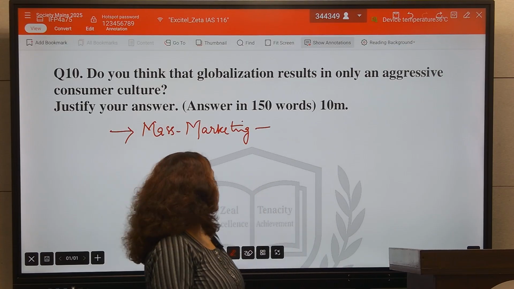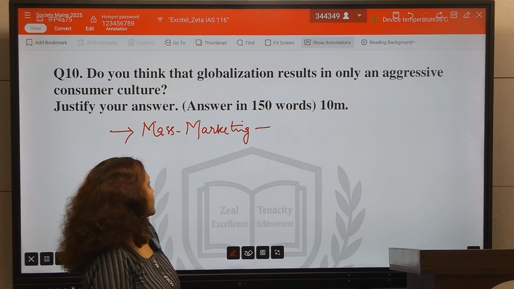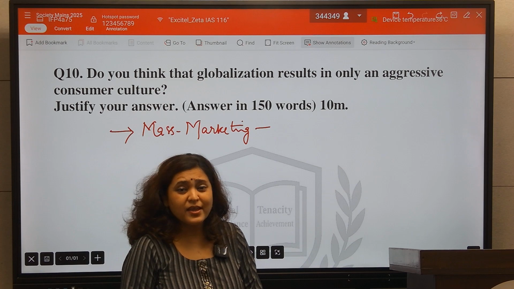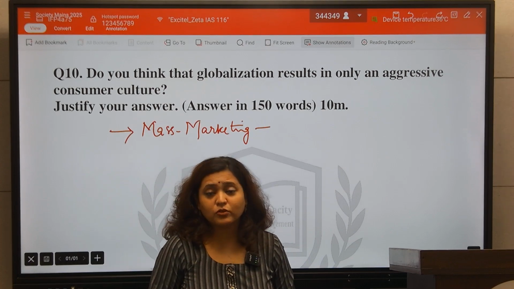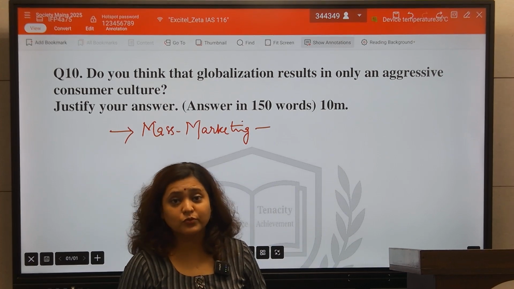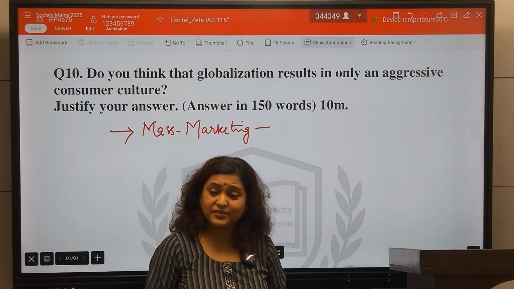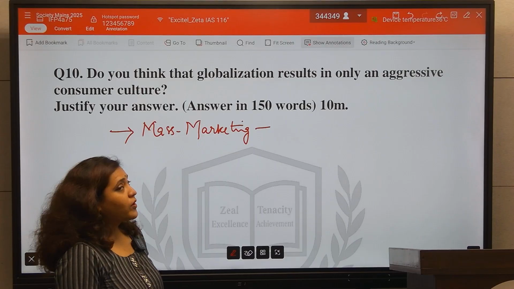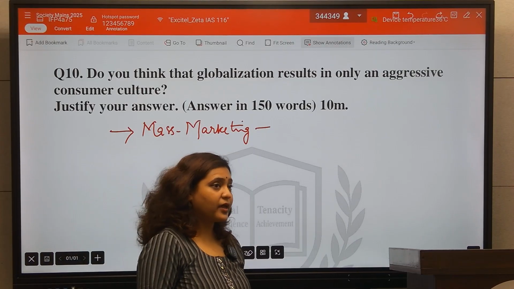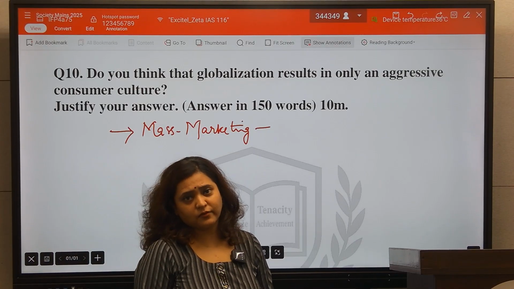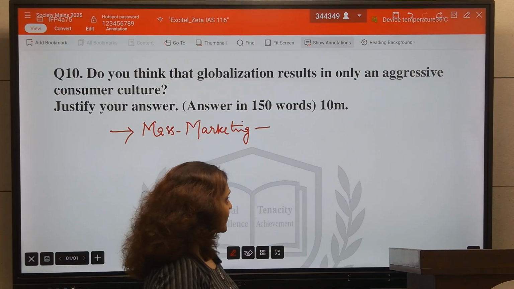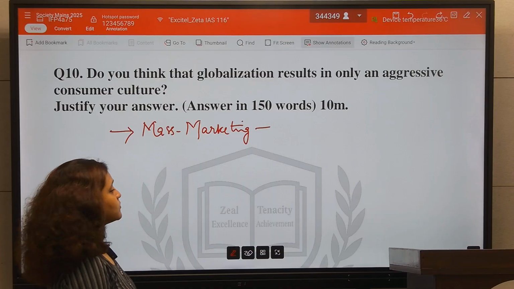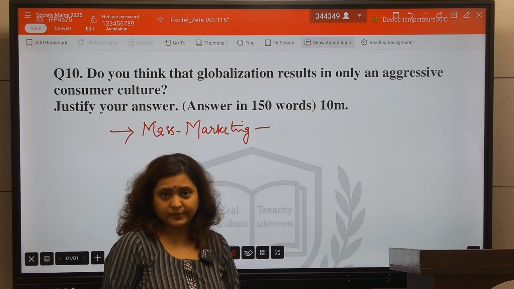Okay, so this is how it is resulting in aggressive consumer culture. It is creating a brand value. You see on social media everybody is wearing Zara, so you think that you also need to go and buy Zara. Zara is expensive, still you go and buy Zara. You buy H&M, you go and eat in Domino's and Pizza Hut and any other foreign company that comes into India, and you want to try it out of excitement. So this is how aggressive consumer culture is created.